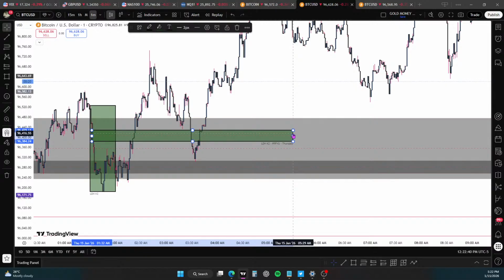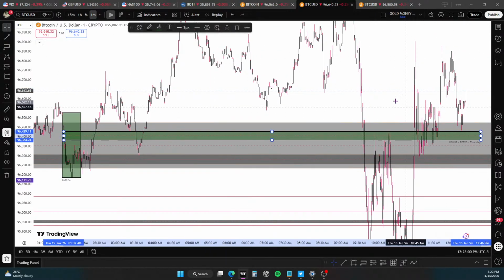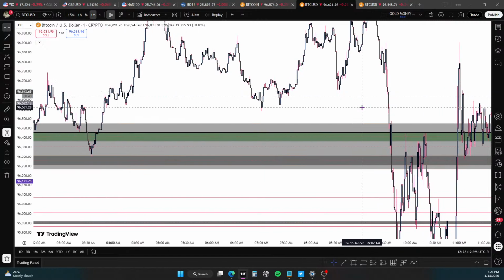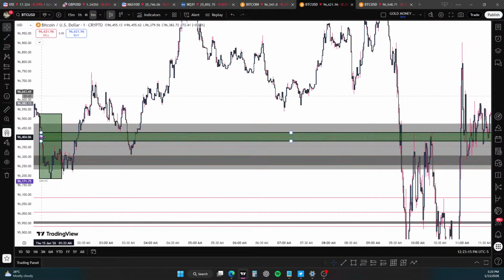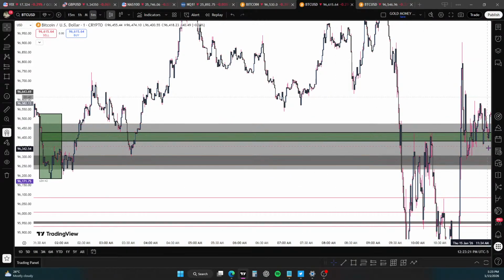Sometimes these can stay open endlessly. They can remain open for 2 weeks, 3 weeks, a couple of months. Price can just always trade away from it. But usually what you'll find is price uses it as a reference point later on in time. Look at this wick here, and it's always as we're leaving it. So we're leaving this area now. Look at that one wick right there. Can you see that? Obviously you can see that, right? So we have the 30% fair value gap of the London kill zone, defined here. And then look at that wick right there.